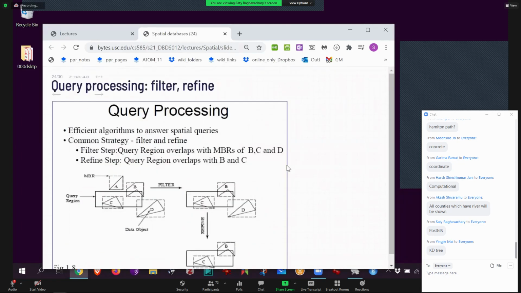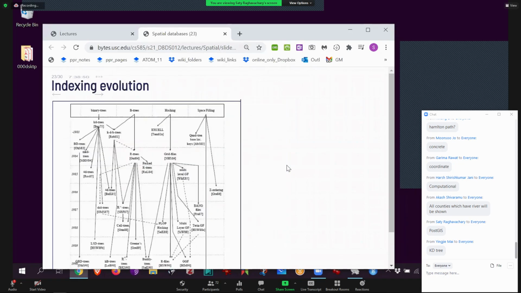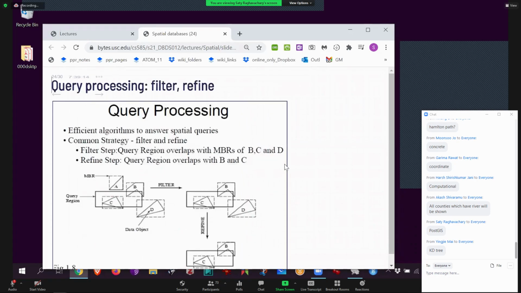The reason to do all of this in the first place is because, like I told you, if somebody says, give me all the counties that the Merced River flows through, you should not take the actual county polygon shape and start intersecting that with the line shape. It's too much. Instead, you should deal with rectangles and throw most counties away, and then only deal with a smaller subset of counties that the river can possibly intersect. That is called two-level processing. The first level is called filtering. Throw away the bounding boxes that don't match, and keep only the bounding boxes that match, including possible false positives. False positive means the bounding box says yes, but the actual calculation says no, which is fine.